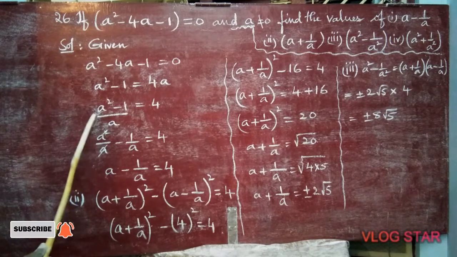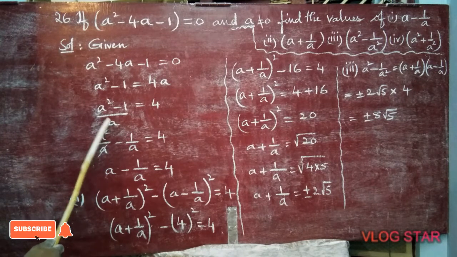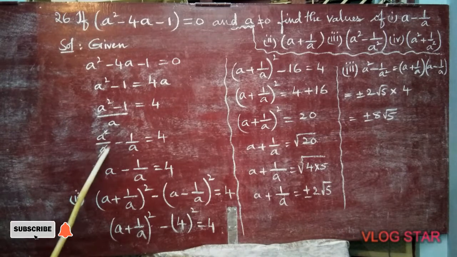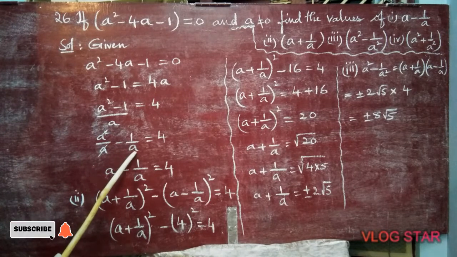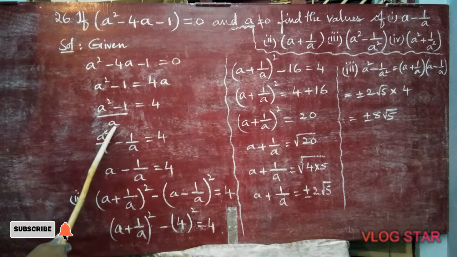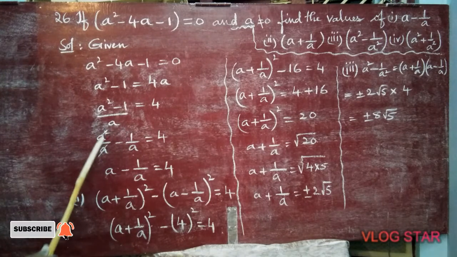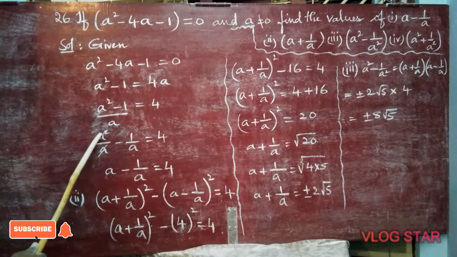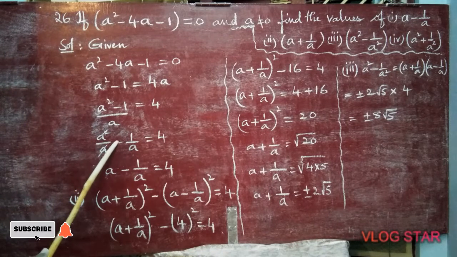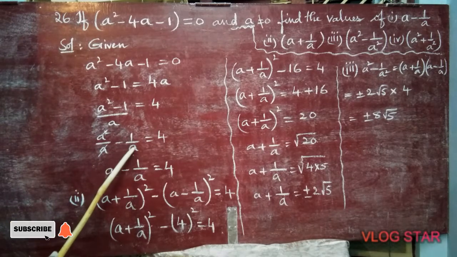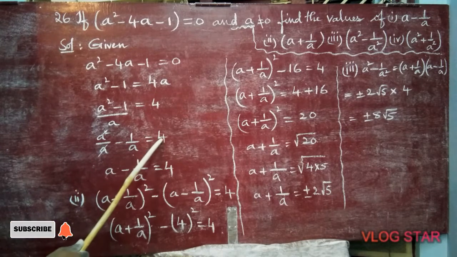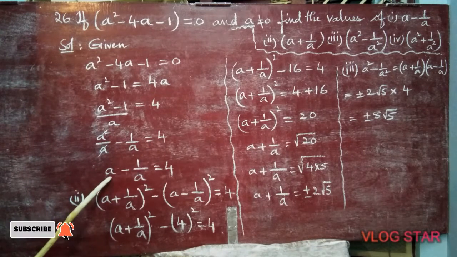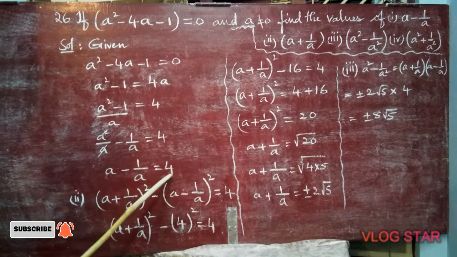Now separate the terms, first term and second term, because it is an LCM. We can distribute for both terms. So a square by a comes in the denominator, minus 1 by a. If you take the LCM again, a will be the LCM and a square minus 1 will come. So you are separating the terms. This denominator a goes to the numerator; 2 a's are there. a square means a into a, 1 a is cancelled, so 1 a is left. Here there is no simplification, so write 1 by a. So that is equal to 4. Therefore we got the value of a minus 1 by a is equal to 4.